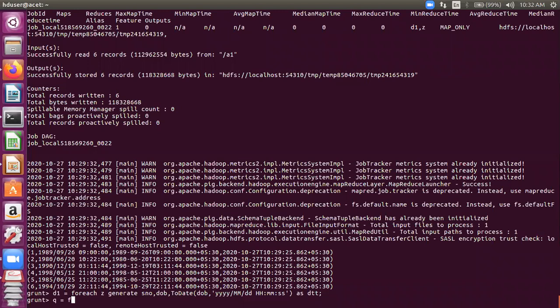So I would write: for each D1 generate, I'm saying get day, then DTT. Let me write a DOB here.